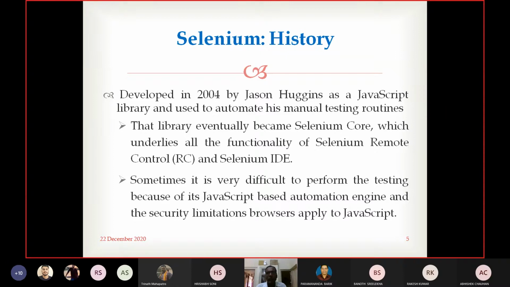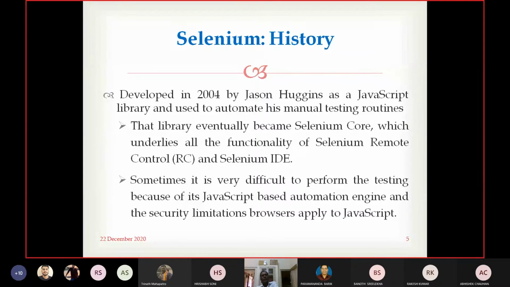This JavaScript library eventually became Selenium Core.